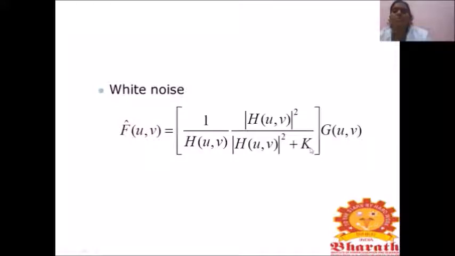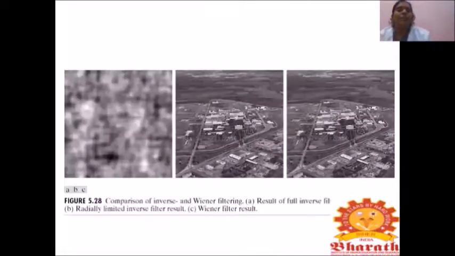Then we have to see the k equal to 1 image. Again we apply k equal to 2. So continuously we have to apply the k value. At whichever k value we get the minimum difference between the degraded image and the original image, that particular k value is successful for the Wiener filter. Okay, and this is the example for Wiener filtering.